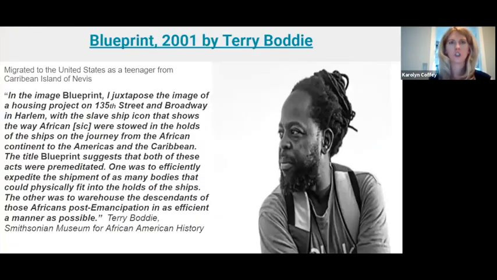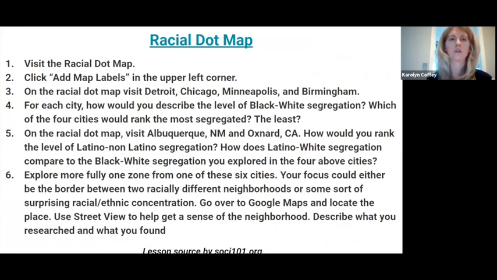And I wanted to show particularly this racial dot map. This is a website that shows you the mapping of America, and you can look at specific cities and what their racial composition is. This is an activity where they would go, let's say, to Detroit, and take a look at how communities are organized today, and then use